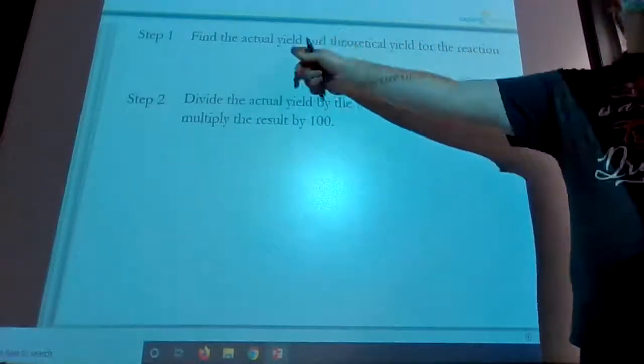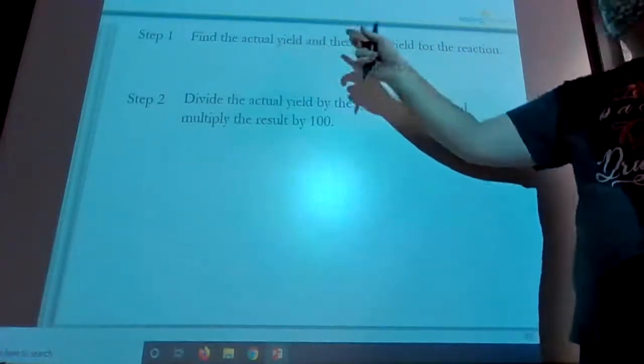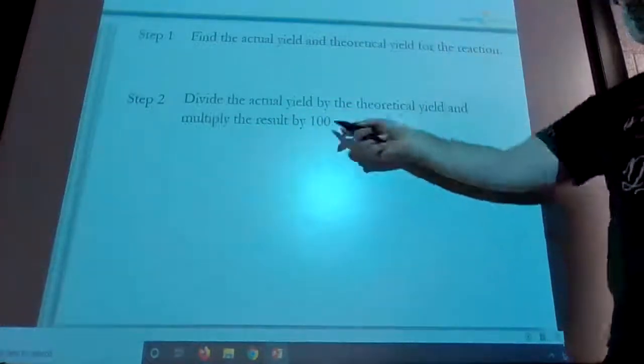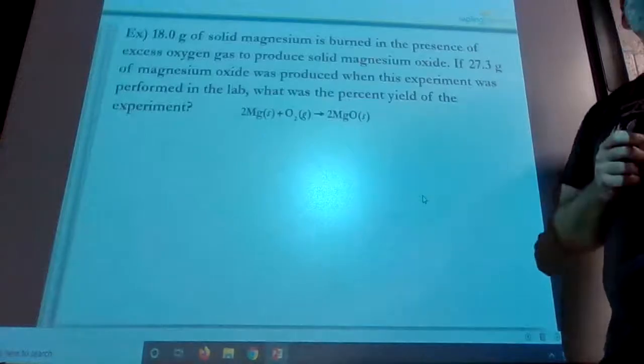So they're always going to give you the actual yield. You're probably usually going to have to calculate the theoretical yield by doing a problem. Divide them and multiply by 100. So their example here is